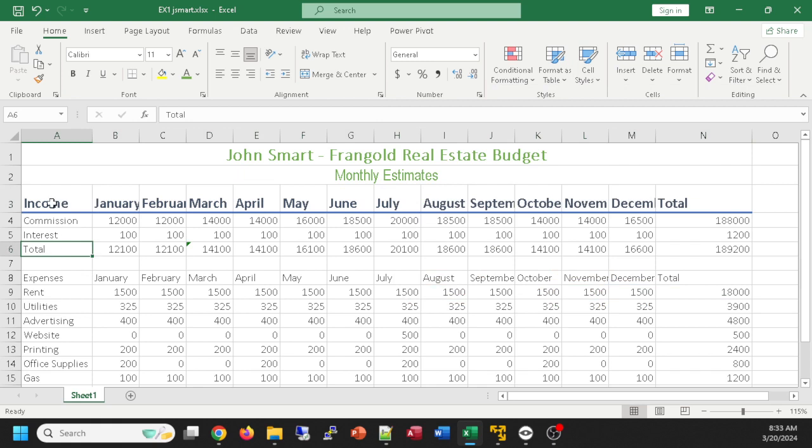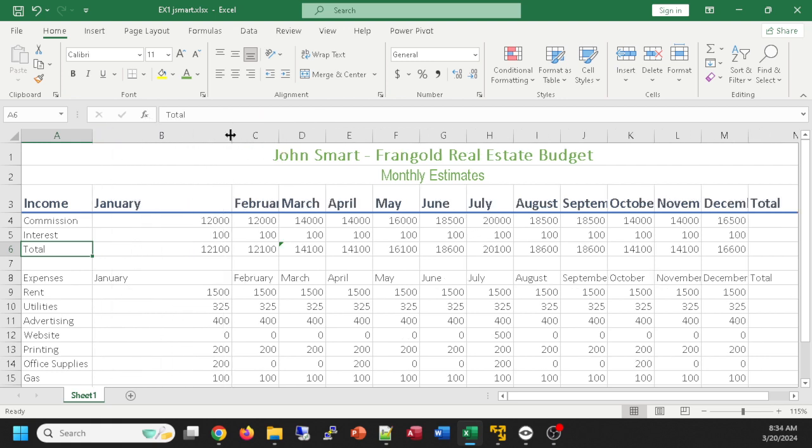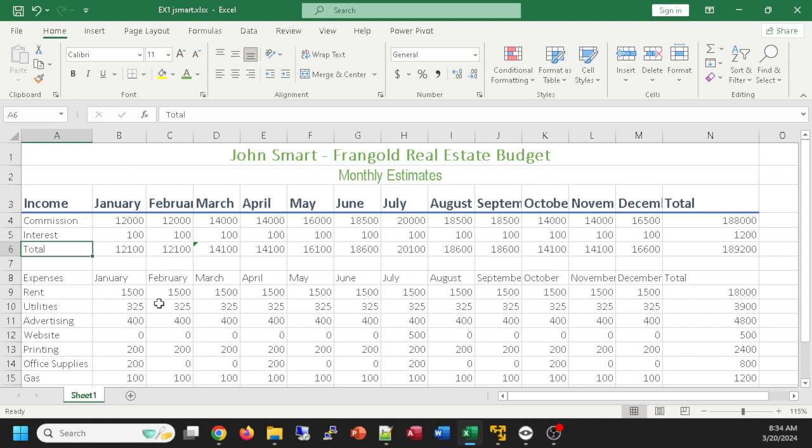Now we see when I do that, my months are crunched together and it's not looking so good. September's being cut off, October. I'll show you a quick way later to automatically fit these columns. I'll just give you a clue that if I just double click on the border of a particular column, it auto fits everything in that column nicely. I could, of course, adjust it manually, but double clicking on the border lets it auto fit it just right. So I've applied the cell style of Heading 1 to that entire row,